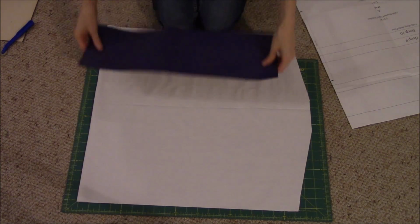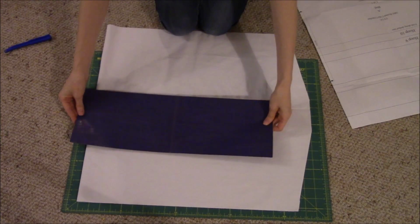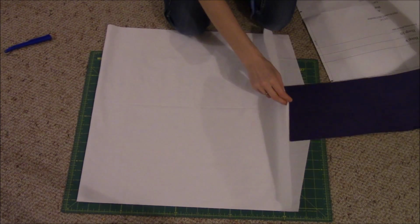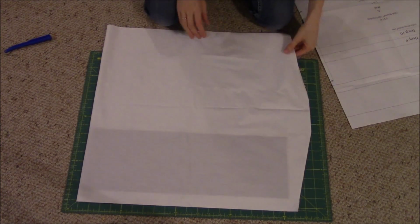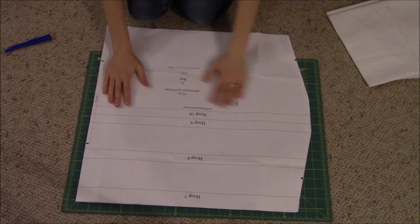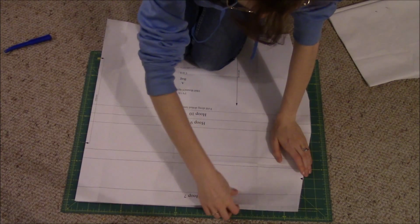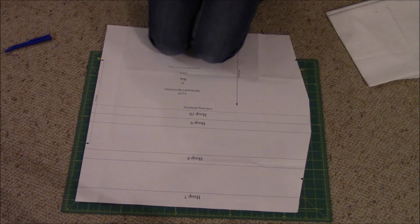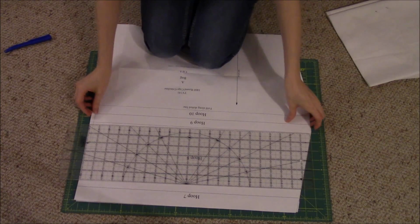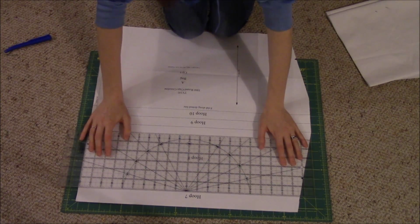Just grab a couple chunks here. So you want to double up, one face down, one face up, just like that. Then you're going to slip them between your pieces of fabric, just like this. Make sure all your edges line up. And we're going to lay our pattern down, sorry. Like that, and then using my straight edge again, line it up along the line that I want to trace,